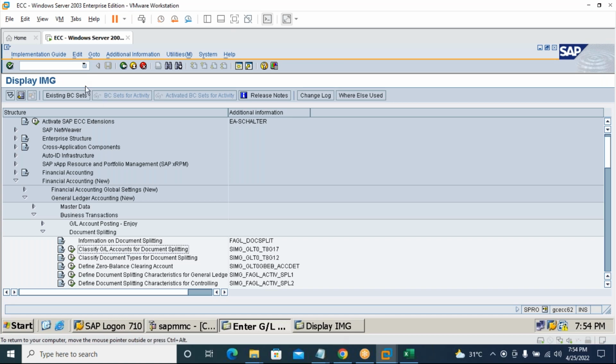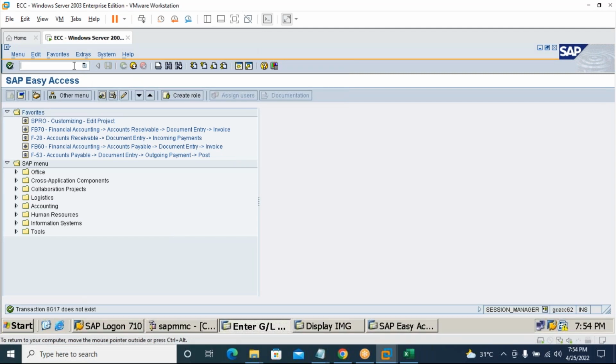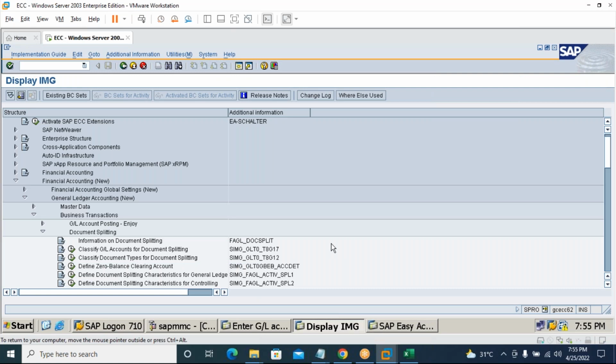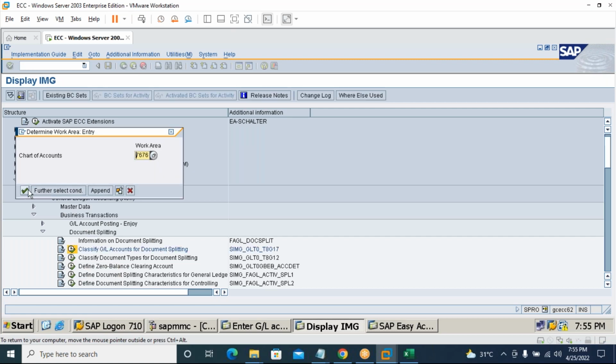If I wanted to run, I'll be taking one more /O, 8G17, press enter key. So it does not exist, it's not working. Okay, you click on this, we'll rectify that. Press enter key,